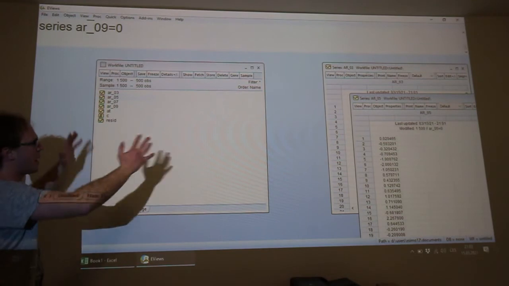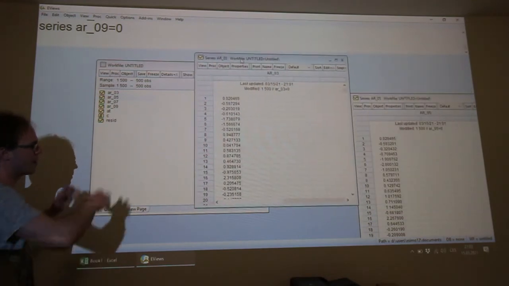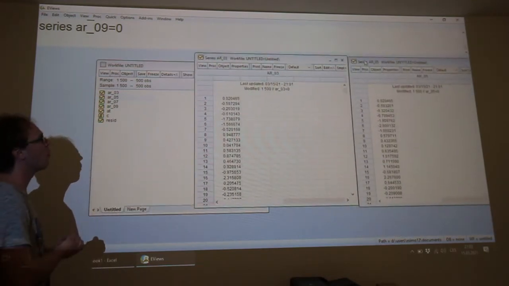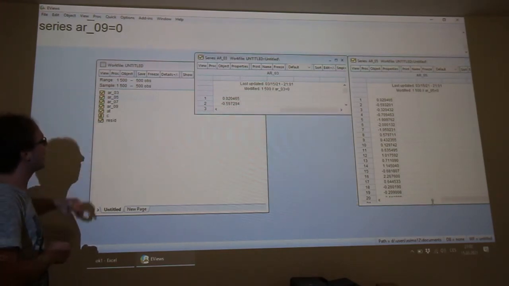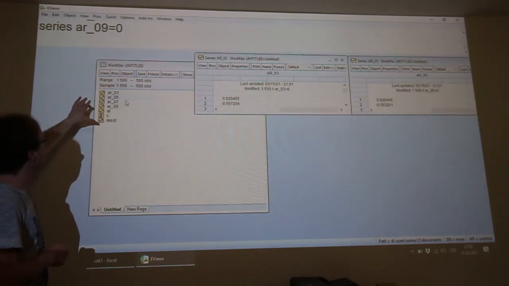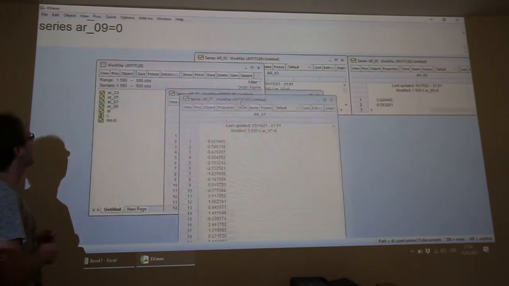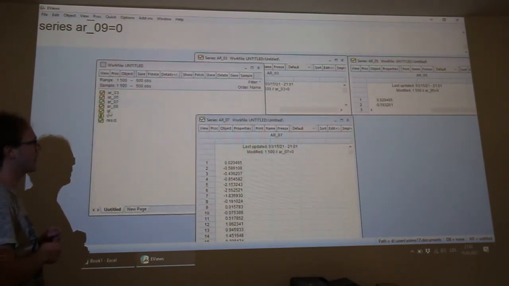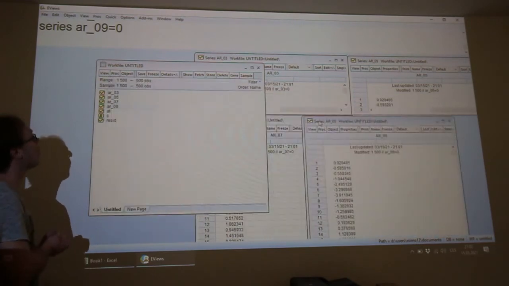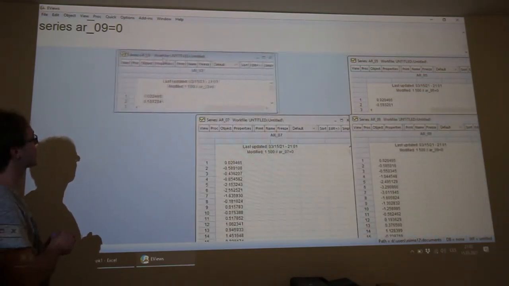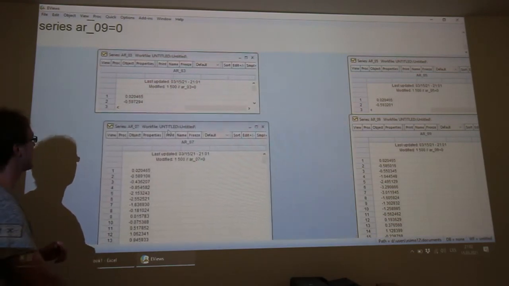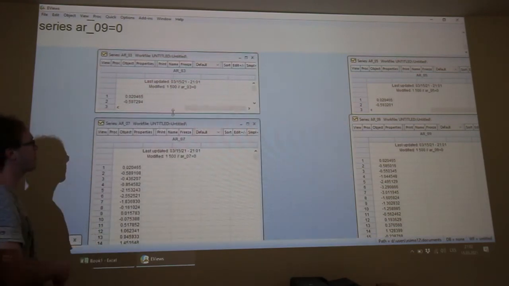Please prepare this here like a matrix of 4 windows: AR3, AR5, AR7 and AR9, with enough space. Okay, so please prepare this.